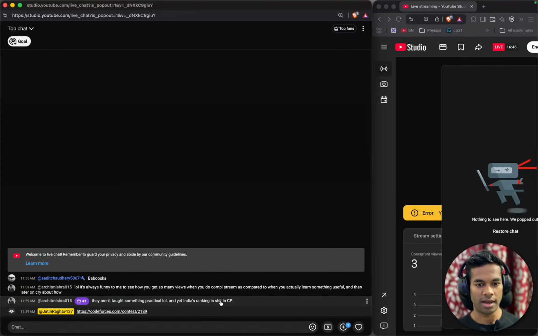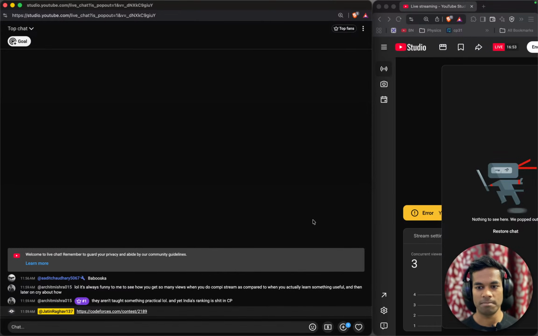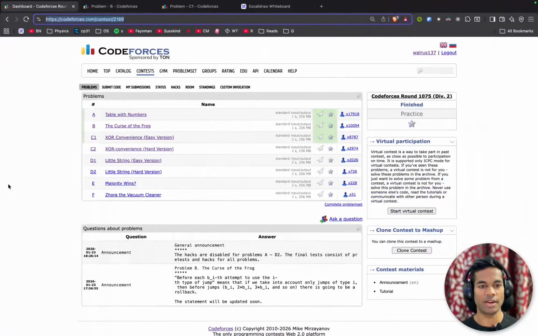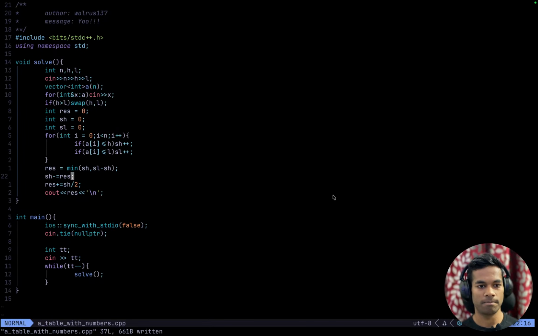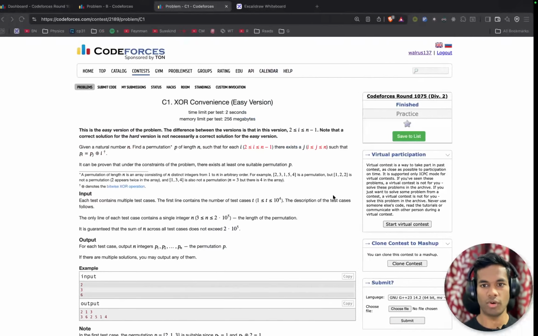Taught something practical, and yet India's ranking is shit in CP. Yes, because I would say quite a lot of people do cheating, and a different kind of mindset is required for this, for CP to get very good at CP, which I do not have, but hopefully I will get better with time. Okay, and for this